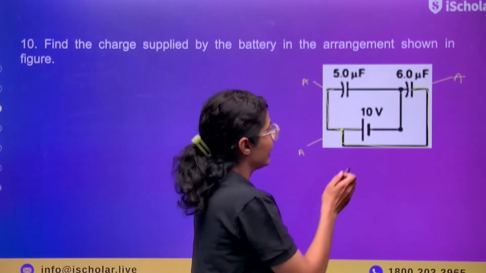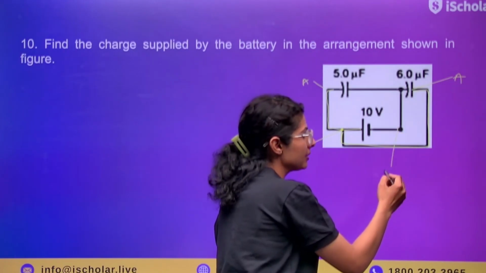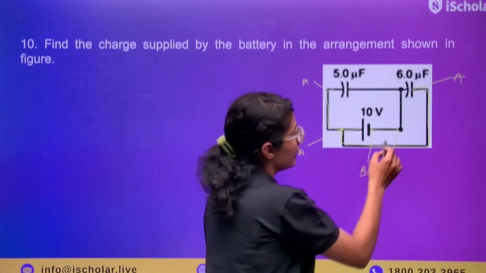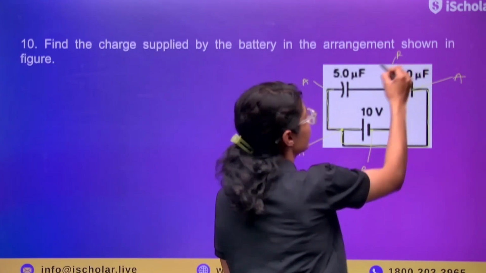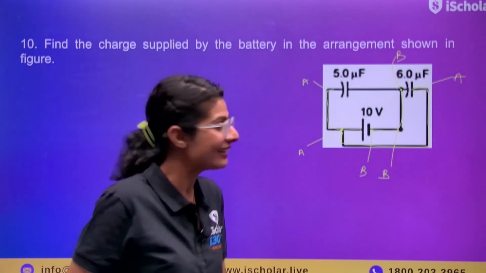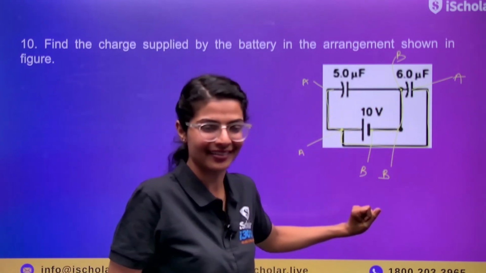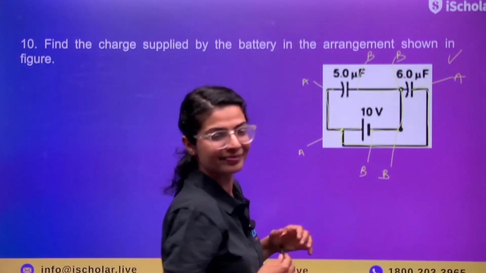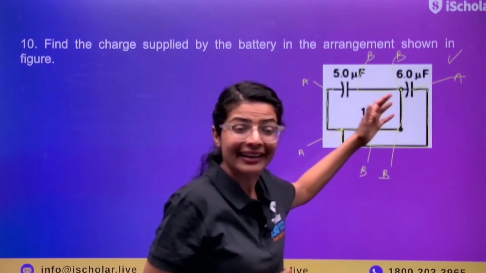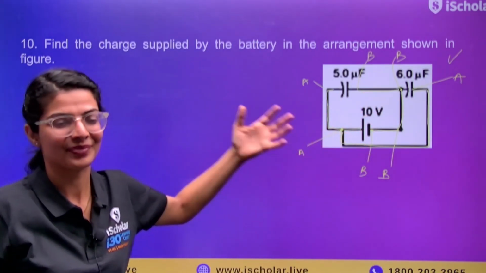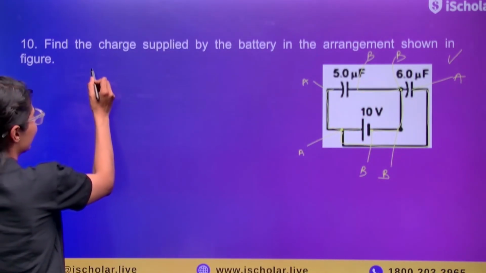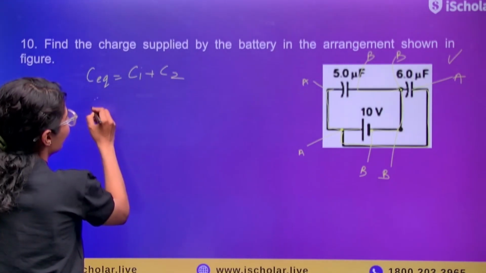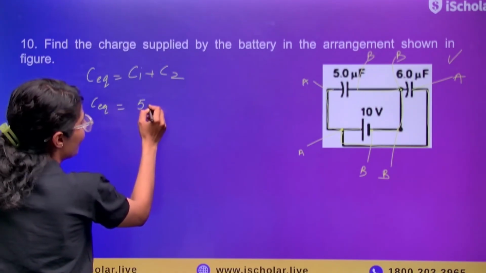And if it is A, can I say that this point is also A? If I name another point, that is, I name this point as B, can I say that this point will also be B? And this point will also be B? So can we see that these two capacitances are connected between A and B? So these two capacitances are connected between the same potential. So I'm saying if they are connected between the same potential, the C equivalent is given as C1 plus C2, and the value will be given as 5 microfarad